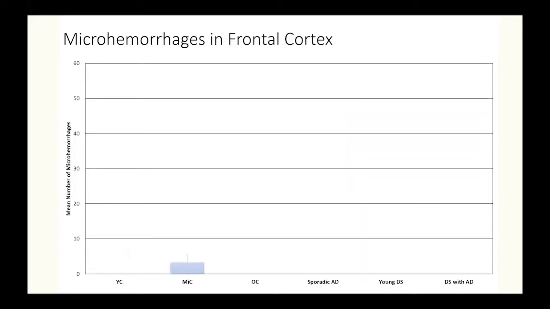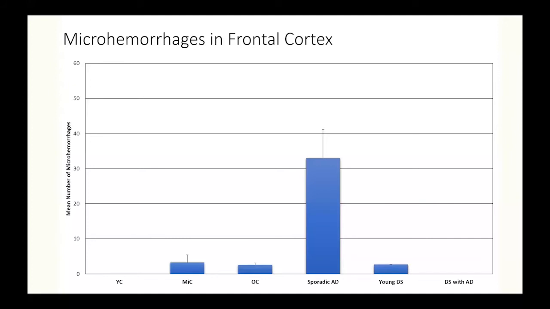And what Alex found was when we looked at just the presence of microbleeds in the brains of controls, we see a little bit of an increase in middle age and old controls. So I think that's actually kind of good news considering my own age. When we look at sporadic Alzheimer's disease, the average number of microbleeds in the frontal cortex is much, of course, higher. So on average, about 32 to 33 bleeds in the brain region she examined.